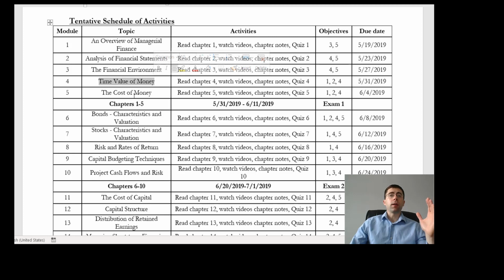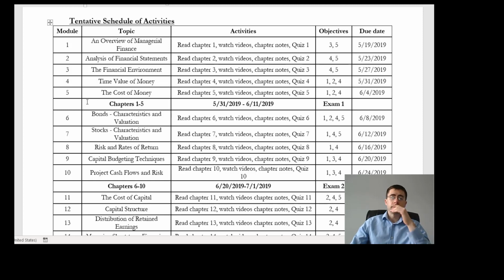I mean, every valuation uses the time value of money formula, and I can't stress how important that is. And because it's so important, the lectures for that chapter are a bit longer, so make sure that you allot a little more time for chapter 4 and then also chapter 5,